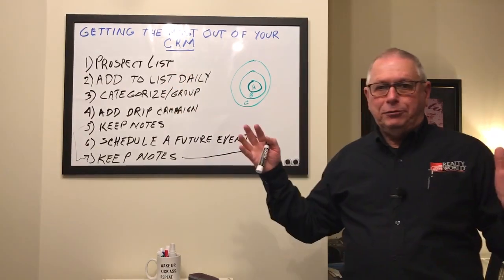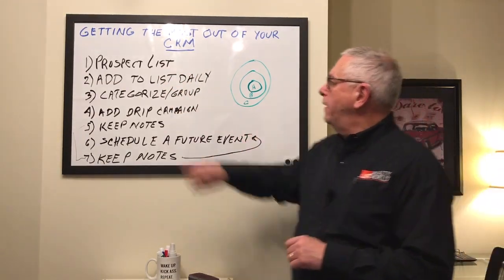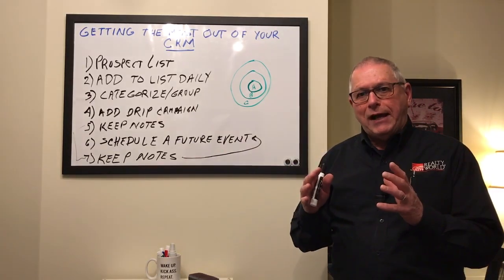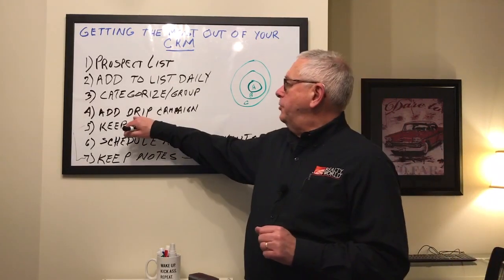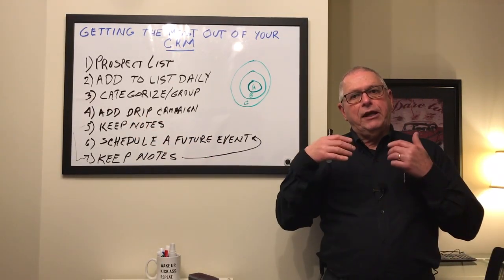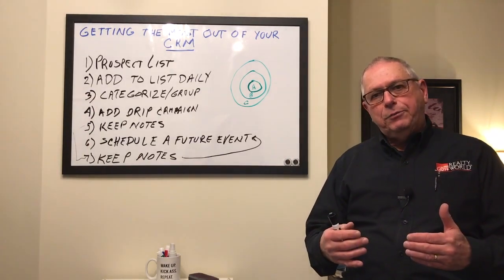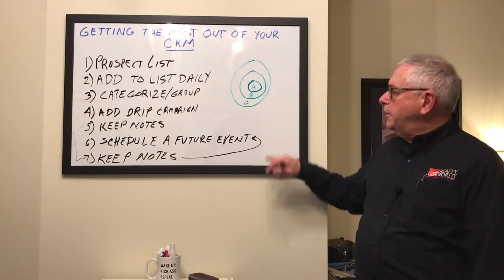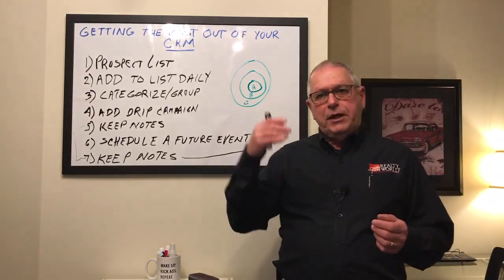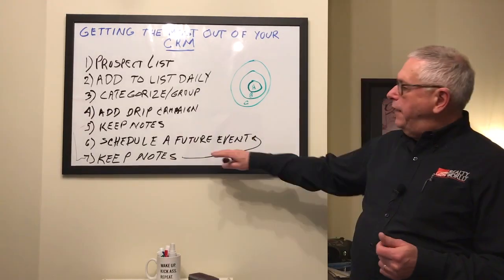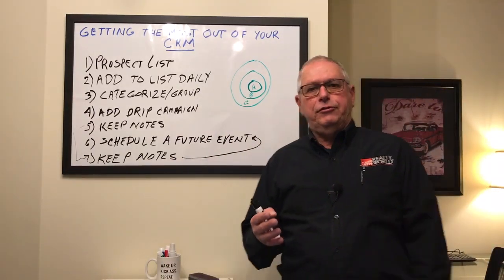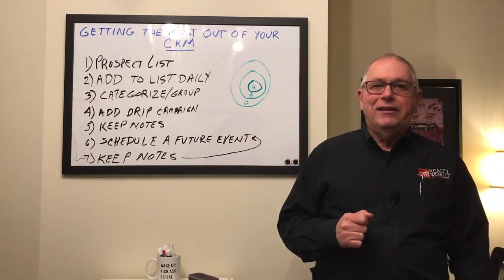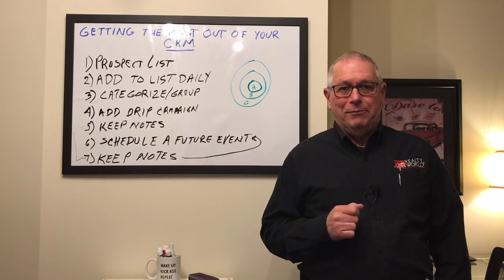You put together a prospect list, first of all, of everyone you know. You add to that list daily if possible. You categorize or group your contacts in your database. You add a drip campaign so that you can automatically stay in touch with these people on a regular basis. You keep notes about what you talked about. You schedule future events to make sure that you don't let things fall through the cracks. And then you keep notes about what happened at those future events and schedule new future events. That's what it takes to make money with your CRM, your customer